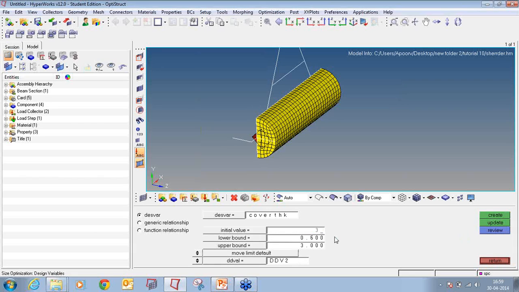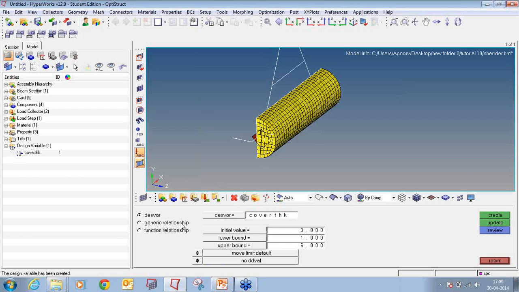Enter the initial value as 3, lower bound as 1 and upper bound as 6. From this, select node discrete design variable and click create. Similarly, create 4 more design variables